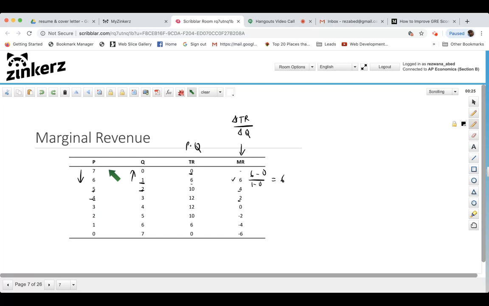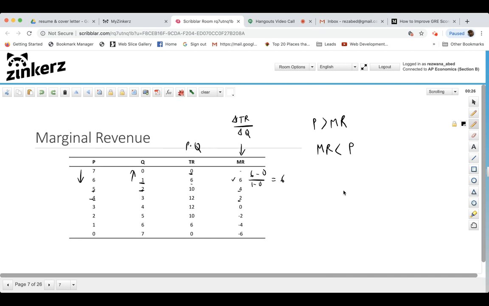Okay, so hopefully what you notice from here is that price is no longer equal to marginal revenue as we saw in perfect competition, but it is in fact your price is greater than your marginal revenue, or your marginal revenue is less than your price. Okay, and by how much, there is actually